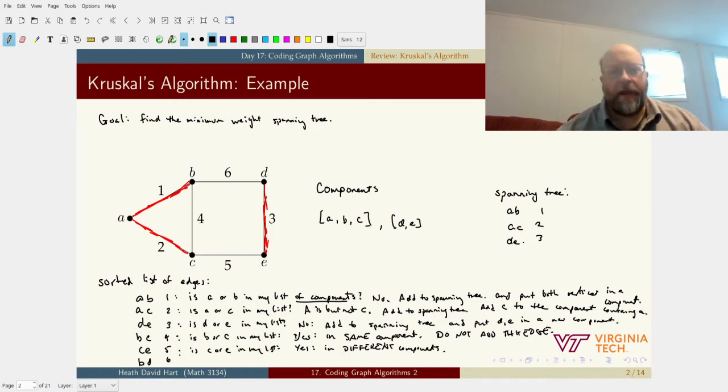And so I'm going to add CE to my spanning tree that has a weight of 5. And I'm going to merge these components together now. That C and E used to be in separate components. They are now in a single component all together. All right. Now, at this point, we have a spanning tree, but I'm going to go ahead and complete the